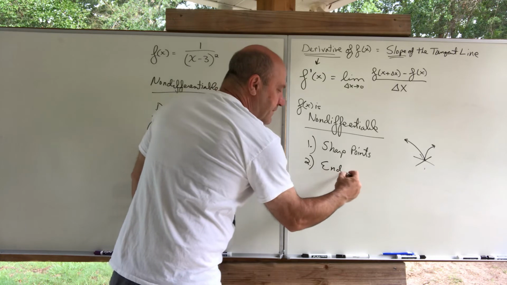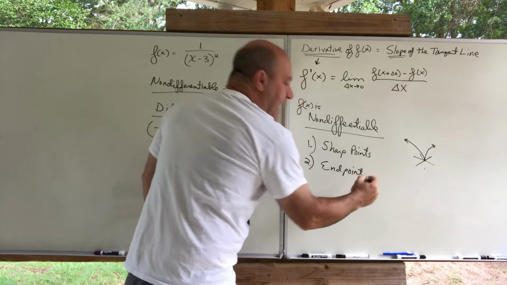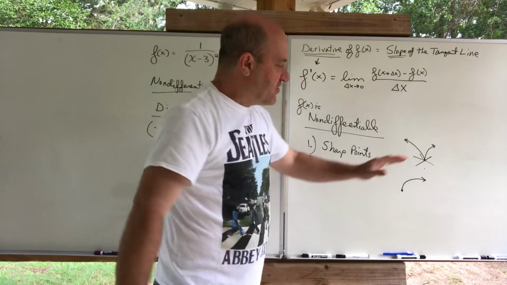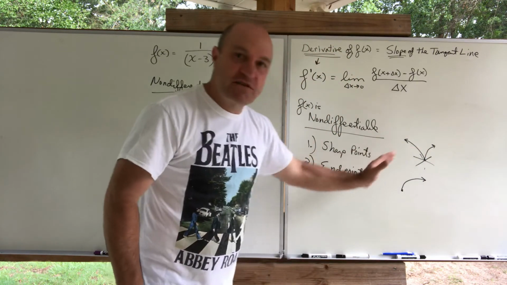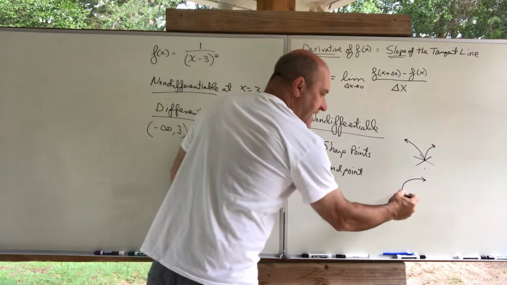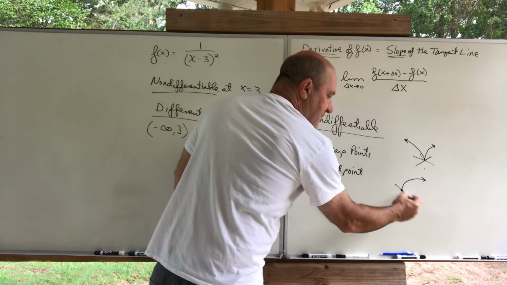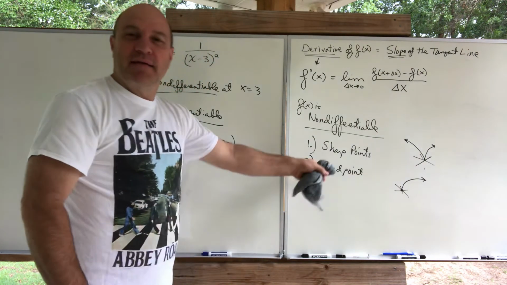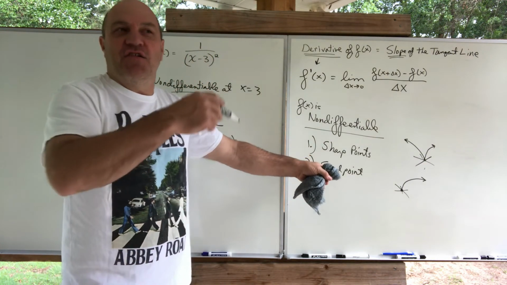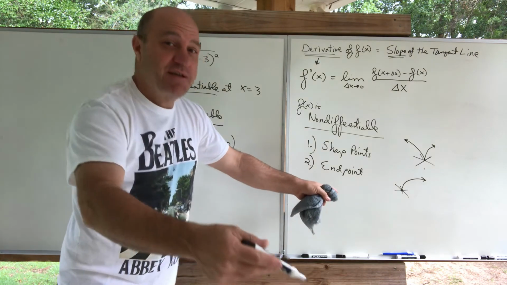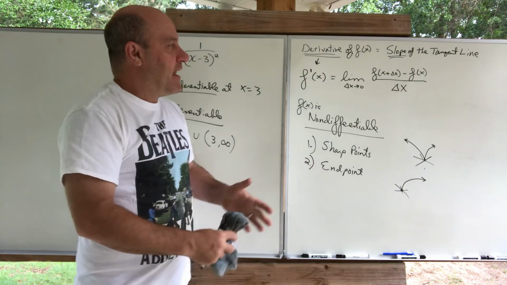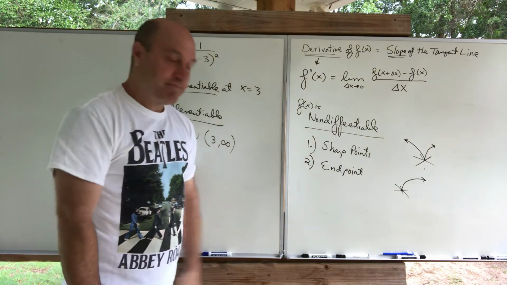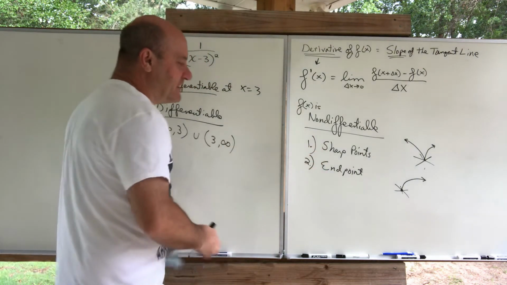I'll tell you another one. An endpoint. We ran into that on a square root function. Look, we found the slope of the tangent line at different places on a square root function, but if you get to this endpoint right here, you can't really have a tangent line at that point. At the endpoint, the derivative fails to exist, the derivative is undefined, and the function is called non-differentiable. So sharp points, endpoints,